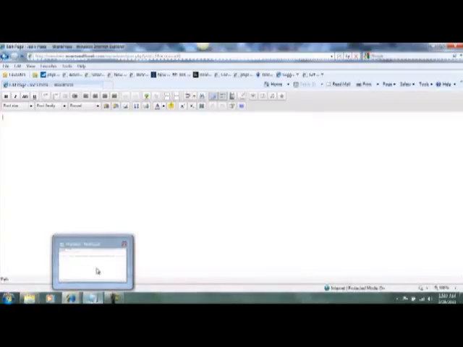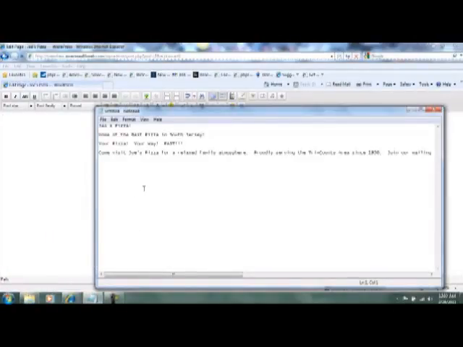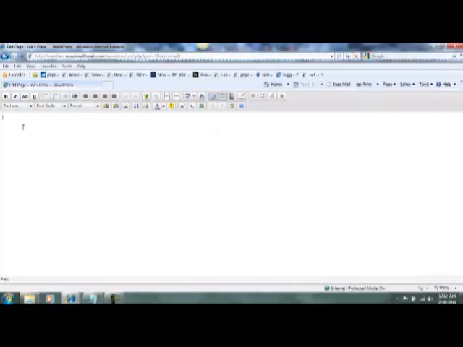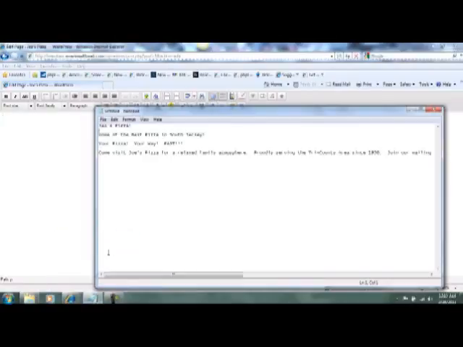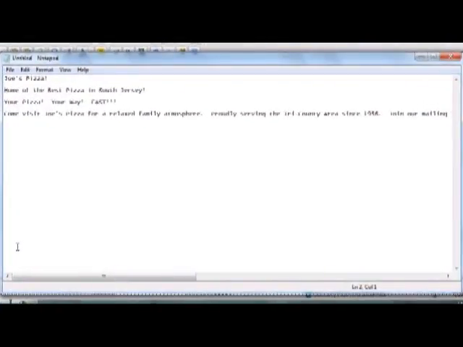Joe's Pizza. Now you see that I have the content stored in the notepad. Now what I could do is just write in here and start editing here, but I already have this content laid out for us. The reason why I'm showing it to you like this is because if you have a copywriter or someone like that who's doing your content for you, have them send the content over in a notepad. The reason I say this is a lot of them are going to try to send it to you in a Word doc, and if you get it in a Word doc and you just try to copy it and paste it into your editor,